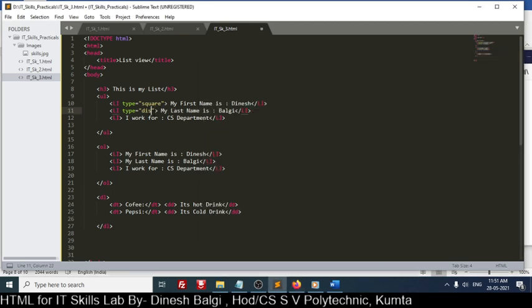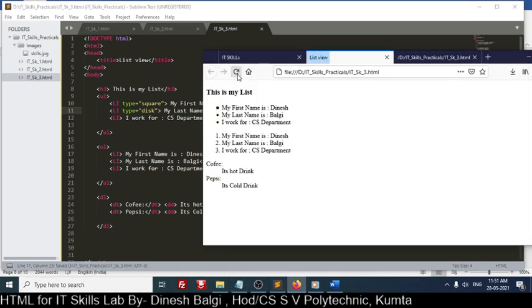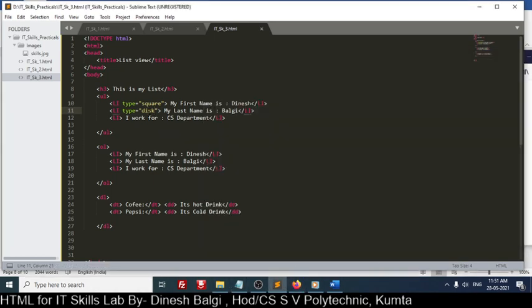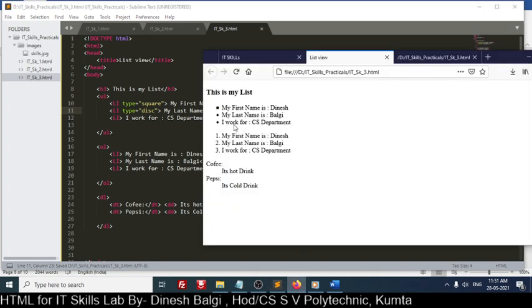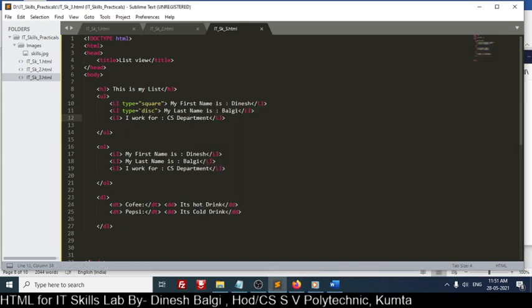I will try with DISK. Save, refresh. No, not working. Still I'm trying. No, it's not working. Disk is not working. So there are different types of attributes. In the future we will discuss them. Now I have given it only for list. In case you want it for all the items at a time, you can use